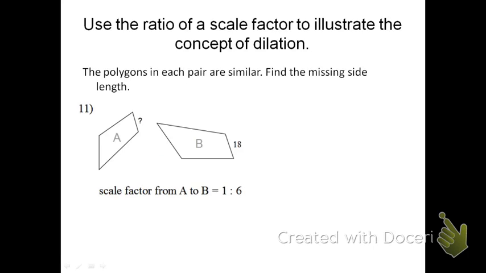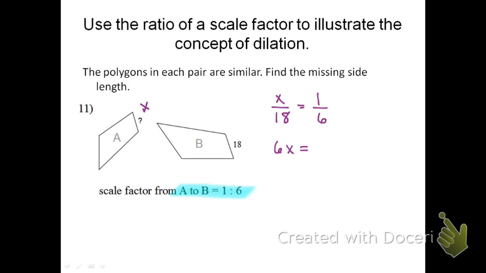Okay, number 11. Same example, just a different type. So, going from A to B as it reads, that scale factor is 1 to 6. So, again, I like to use X. You can use whatever letter you want. If we say, for this, X over length of 18, it's going to be equal to 1 over 6. Cross multiplying, we get